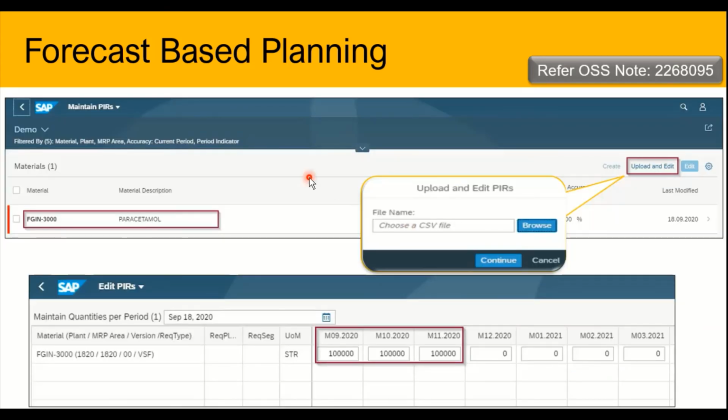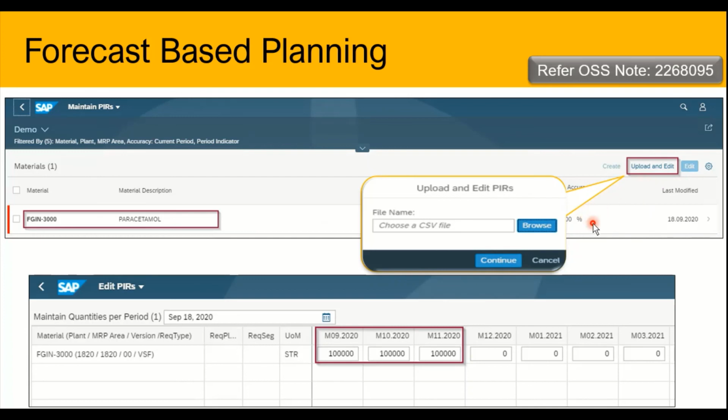So in this slide, we can see the Fiori app related to the maintenance of plant independent requirements. So here there are two options: you can create the PIR for one material, or if you have a huge list of materials, you also have an option to upload and edit the demand plan for a complete set of materials.